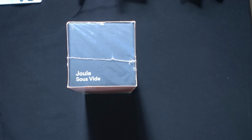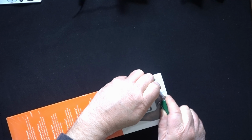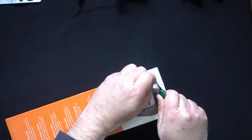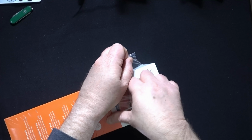So now we're going to get back to the unboxing of the Joule, which in my case is Joule by Chef Steps, but again, Breville now owns this company. I happen to have a knife here, so I'm going to use that because this thing is sealed in plastic. So I'll just grab a corner here, and it looks like I need to sharpen this knife. This is not very sharp, and this is actually a Swiss Army knife, but that should be enough for me to open